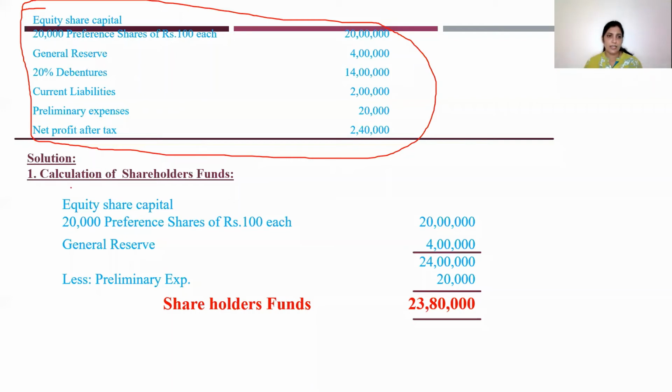Solution, calculation of shareholders fund. Equity share capital 20 lakhs. You all know from where you got this? 20,000 equity shares of rupees 100 each. So this is given over here, 20 lakhs I have taken here. This is equity shares. General reserve, it has been given over here, 4 lakhs. So the same 4 lakhs I have taken here. General reserve 4 lakhs. So when you add these,